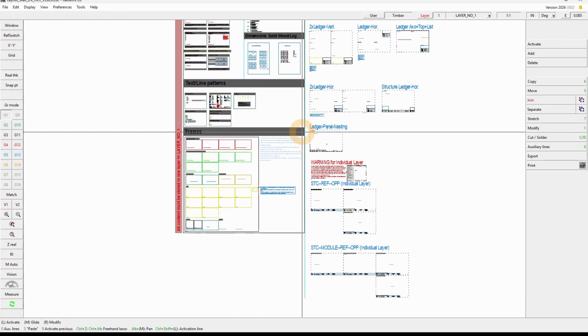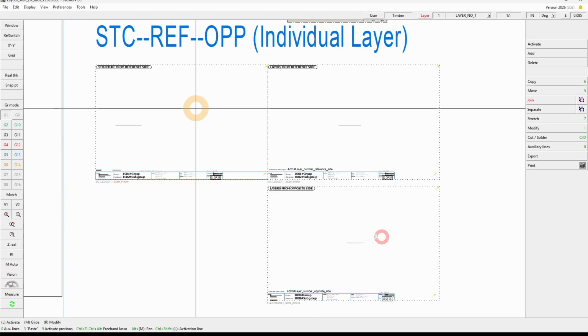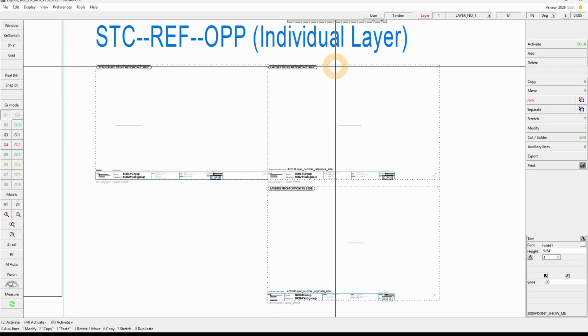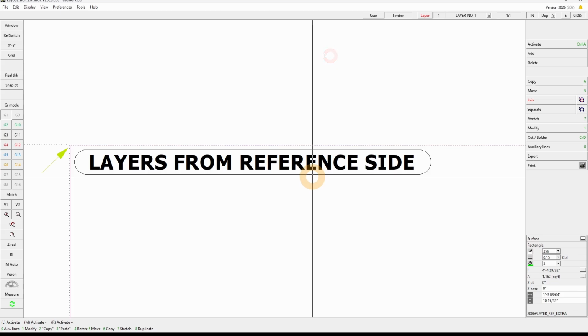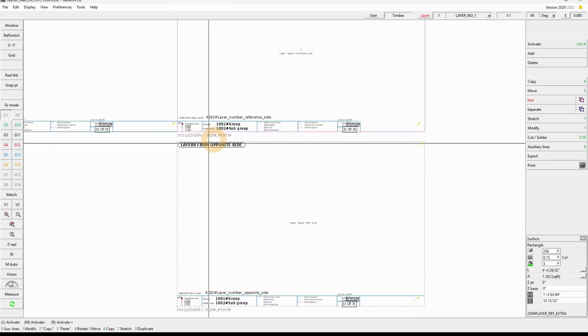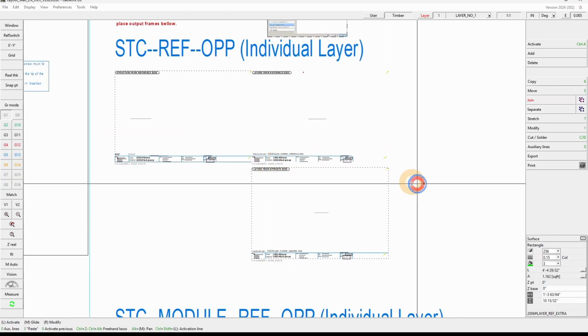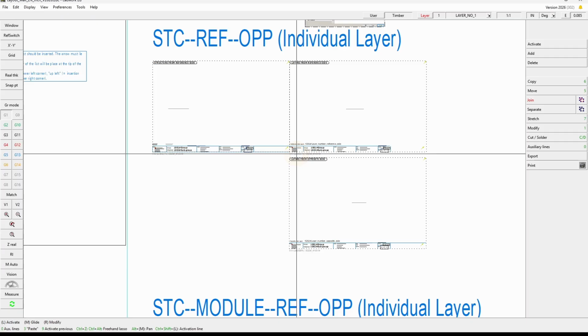And in here, I'm just going to go on the layout I would like to use. So this one here should display on the first page the structure, followed by a duplication of this page by the amount of layers I have on the left side. And then we have here the same, but for the layer from the opposite page. So here, I would like the title and index